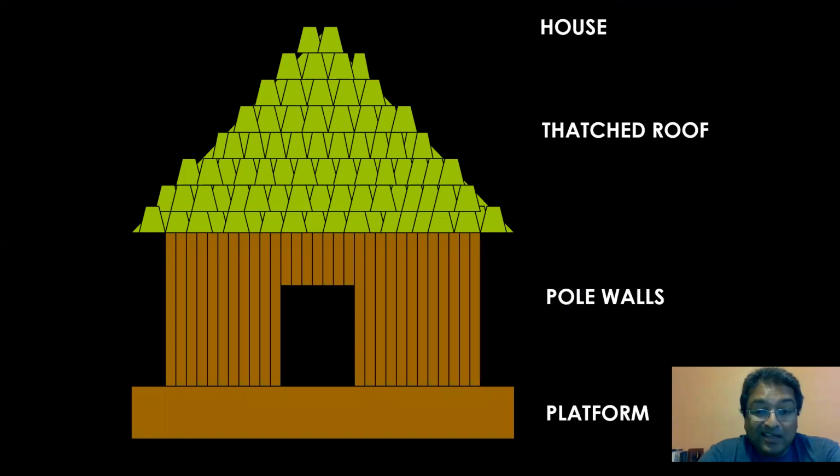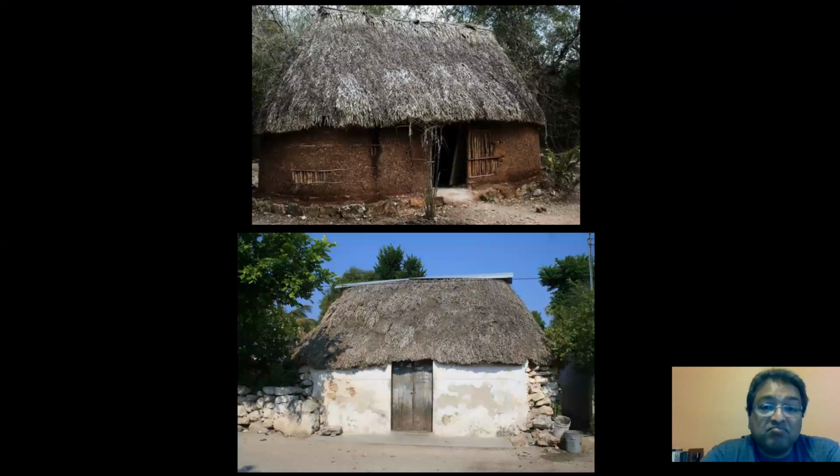So while all the kings and the wealthy people were living in their stone houses in the cities, most Maya people lived much more modestly in pretty simple houses that were generally pole walls and thatched roofs. You can actually see houses that probably look very similar to the ancient ones in use today. There are a lot of traditional Maya villages where people still live in pole and thatch constructions, things that would look more like these images that you see.